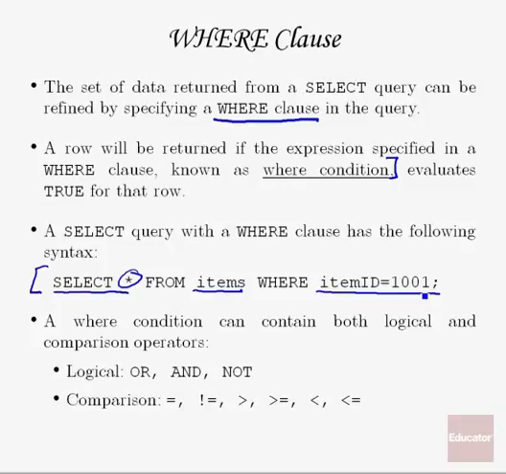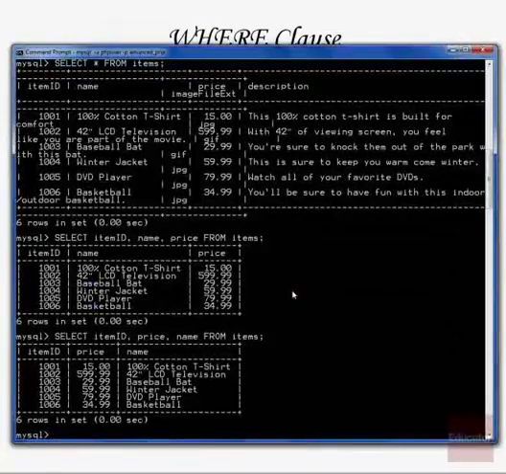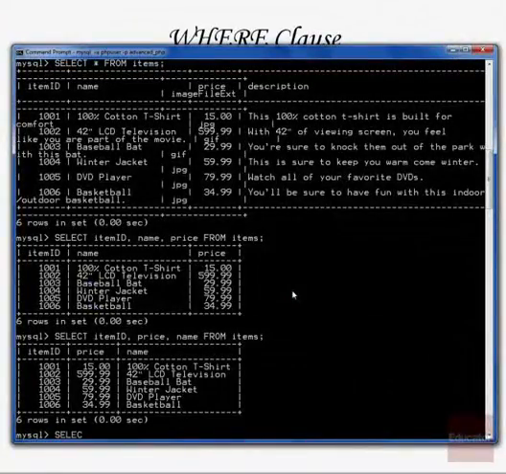Well, we know that item ID 1001, item ID is a primary key, so this should only return one row from our table, and so that's going to allow us to just return information about item 1001. So if we run select, and I'm just going to return name and price so that it's easier to see